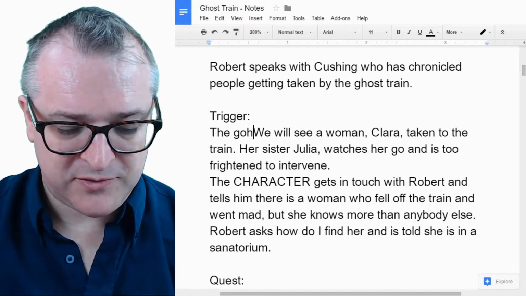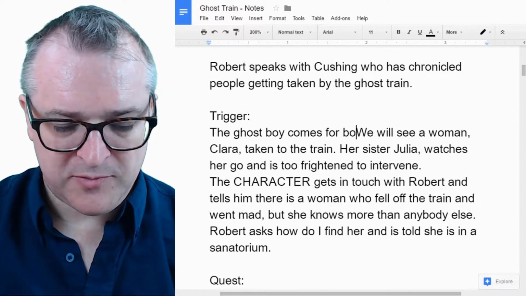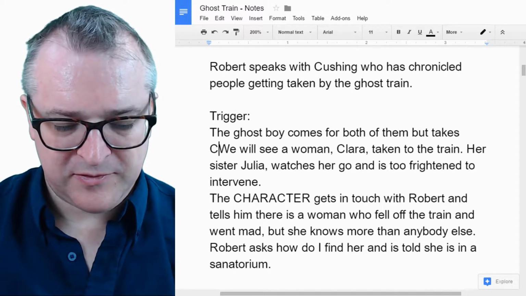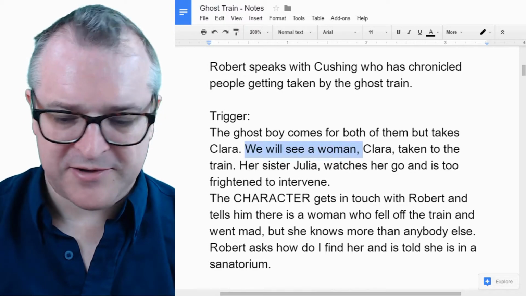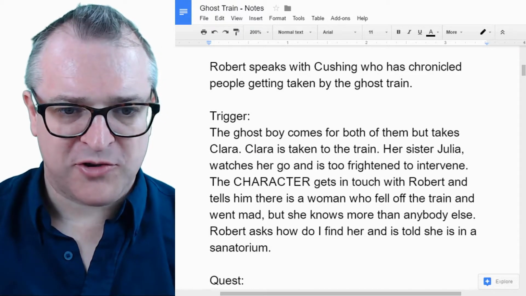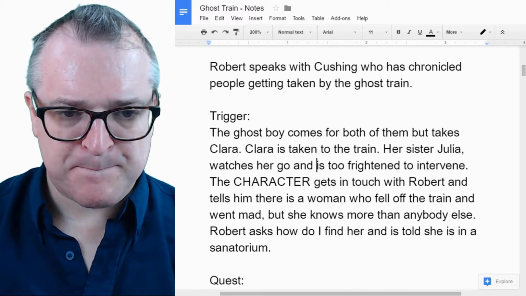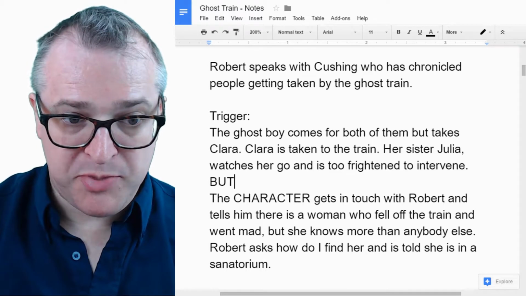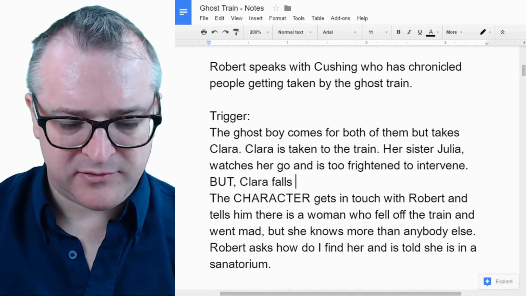The ghost boy comes for both of them, but takes Clara. So Clara is then taken to the train. Her sister Julia watches her go, is too frightened to intervene. But something has to happen. I'm not quite sure what. But Clara falls from the train.